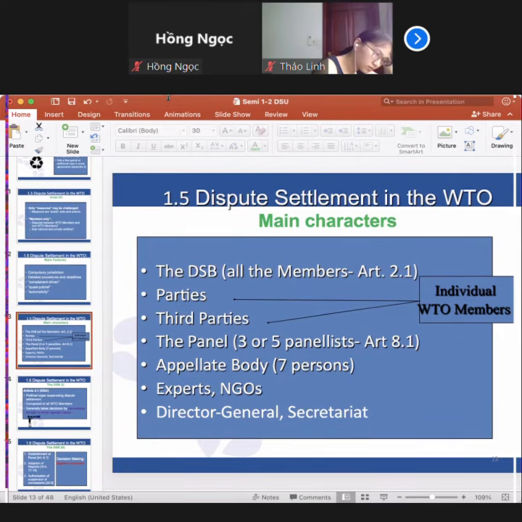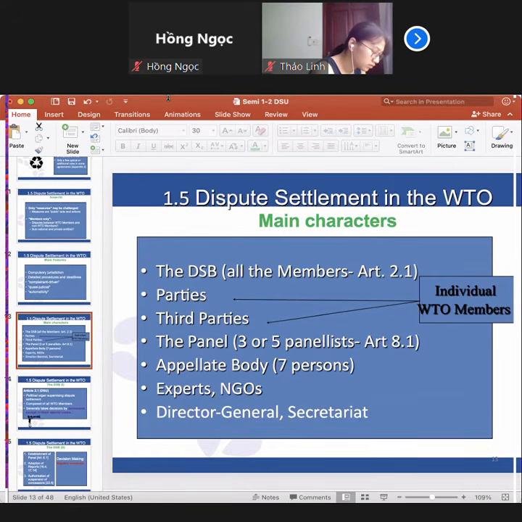And they also have the right to authorize suspension of concessions and obligations. I hope you have a very basic idea of these terms, because you might have heard about them for the first time. Now, I may provide a little explanation in Vietnamese by the end of today's session, but you need to follow me very strictly. So here, for the very first idea, the DSB has the right to give decisions